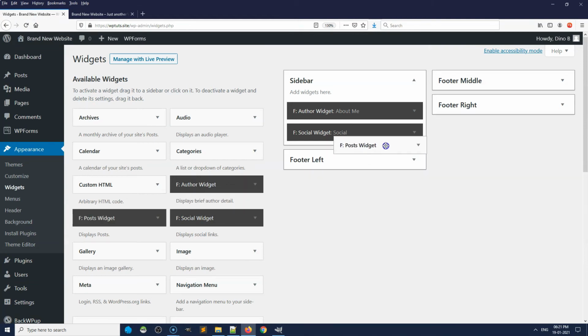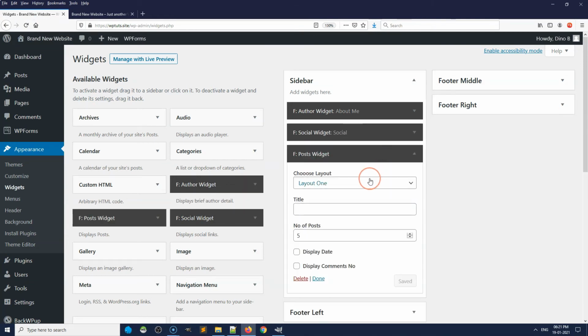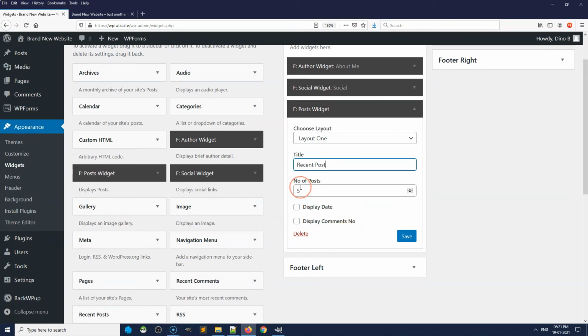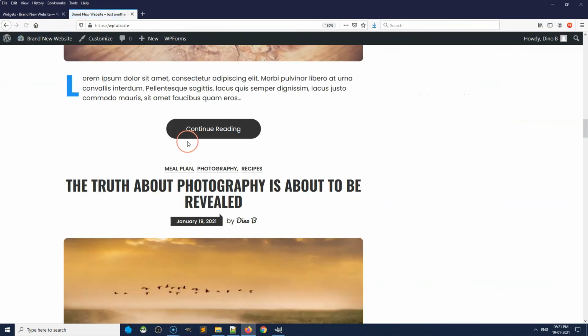Now let's add recent post widget. Type a title here. Choose display date and hit save. Now let's check the front end.